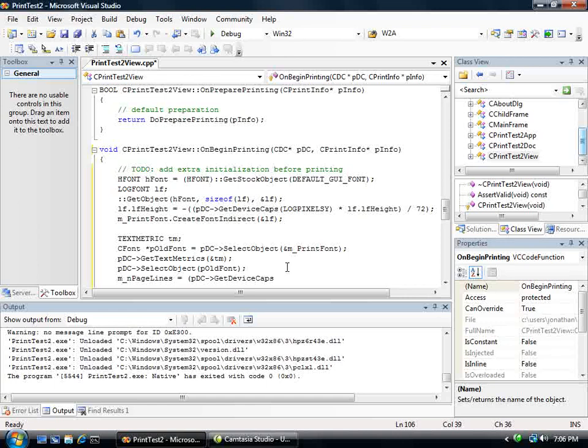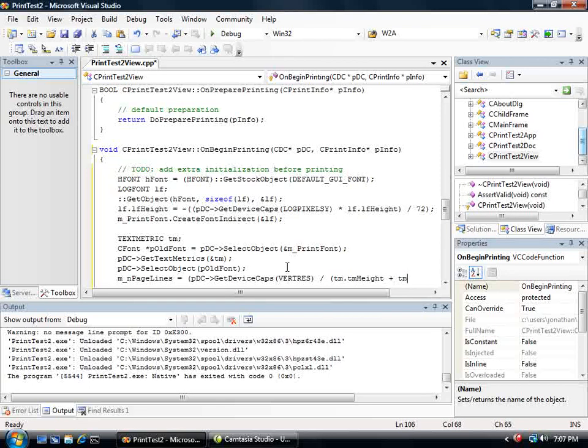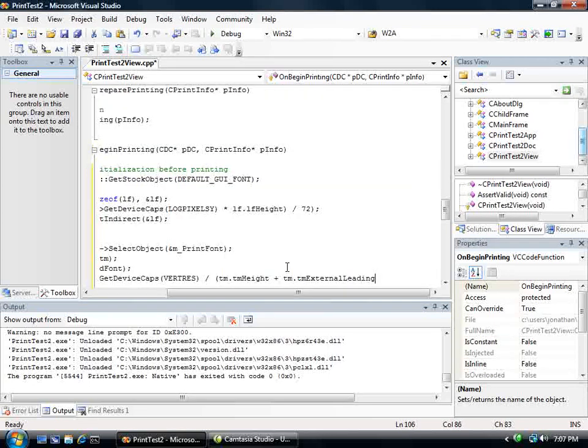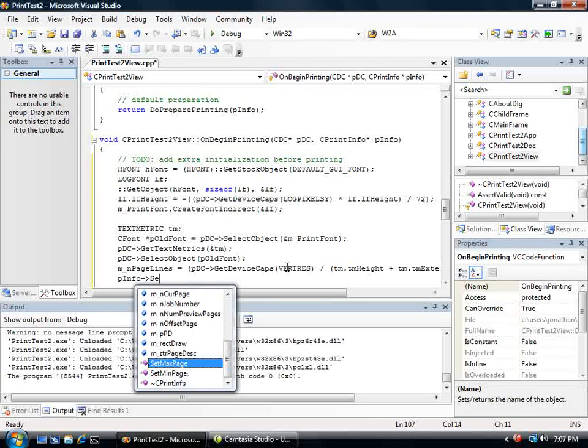Again, we're going to call GetDeviceCaps, and this time we're going to pass VERTRES, which is the number of pixels in the vertical, and divide it by our line height, which as before is the height plus external leading. And once we have that, we can go ahead and set our number of pages,